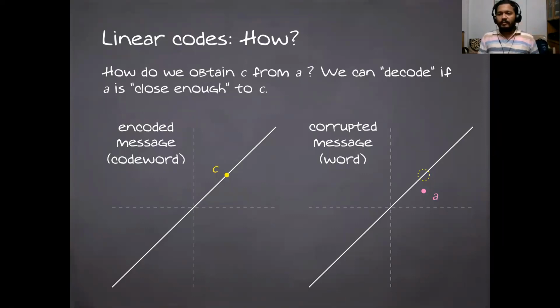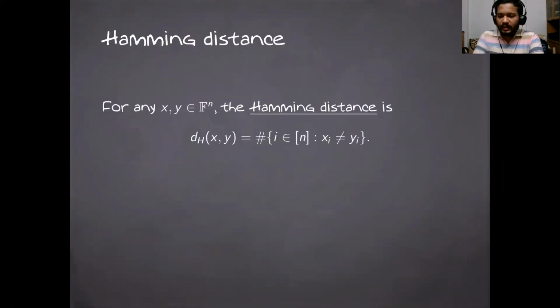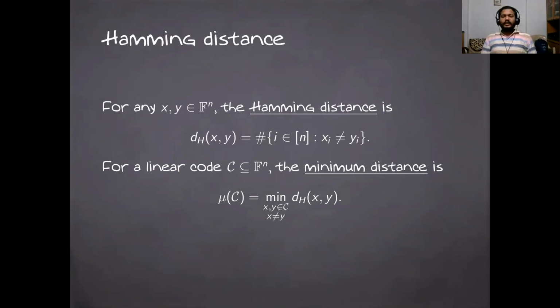So therefore we need some notion of a distance. And in this case, the correct notion of distance turns out to be the Hamming distance, which is: take any 2 vectors, and the distance between them is just the number of components at which they differ. And given any linear code, if you take 2 distinct vectors in the ambient space, the distance between them is at least 1, and it could be as much as n. However, if you go down to smaller subspaces, the smallest distance that 2 distinct vectors can differ by need not be 1, it could be larger.